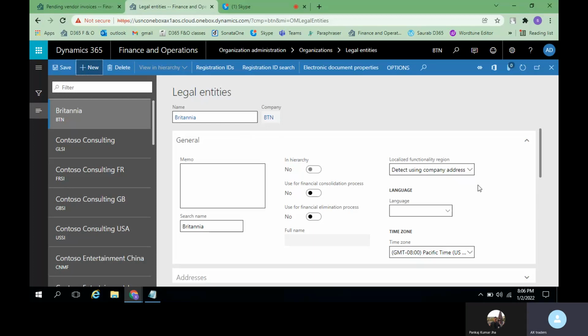It will automatically select the features of the particular country you have selected here. Okay, so it's not only tax but all other components as well. Going forward, whatever activities you do will be selected as per the country that you have selected while creating the legal entity.